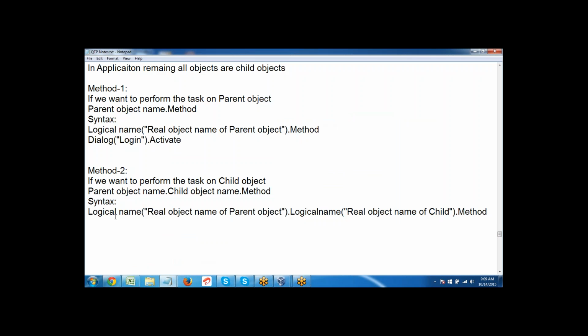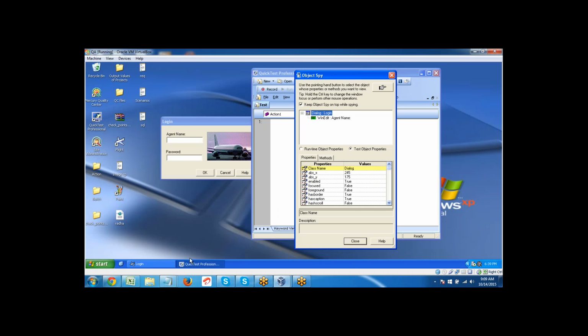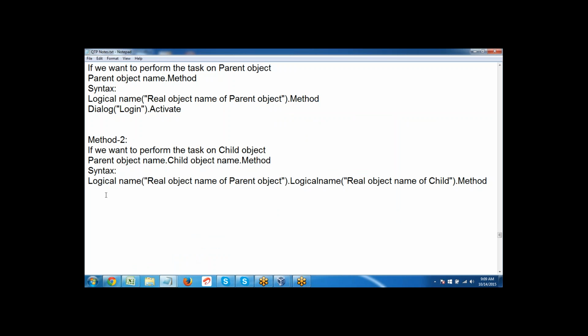So here, logical name, real object name of parent means Dialog("Login"). Close the double quotes, close the bracket for this line. And logical name, real object name of child: dot WinEdit open bracket